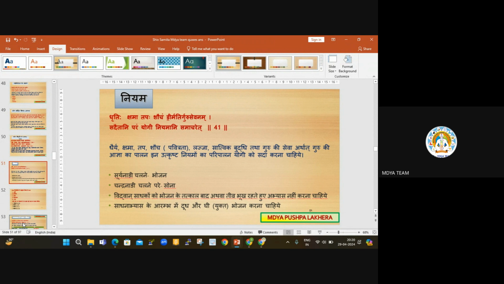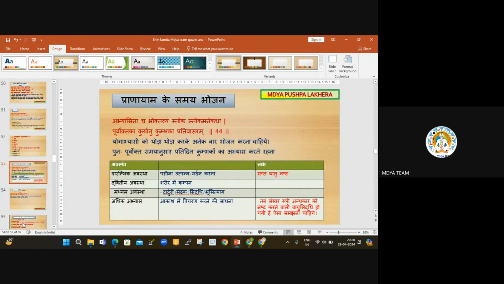How it is linked with the breath, as in the Vasishtha Samhita. In the same way, a little introduction is given here, that when you are taking food, it should be Surya Nadi, meaning your right nostril should be activated. In this way, 2 to 4 points are mentioned. Then what are the avasthas, the stages of pranayam siddhi, and how much food one should take if one practices pranayam is also mentioned here.